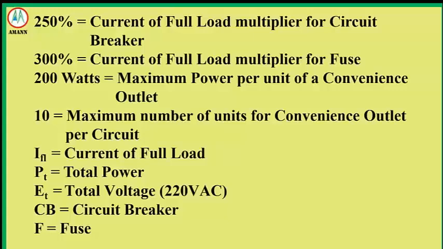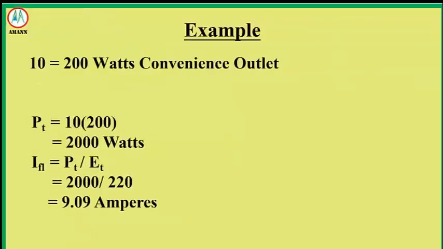IFL represents the current of full load, PT total power, ET total voltage, that is 220 volts, CB circuit breaker, F fuse. In designing an electric circuit for convenience outlets, specific multipliers and values are used to determine the appropriate circuit protection and wiring. The full load current is calculated based on the maximum number of convenience outlets per circuit,